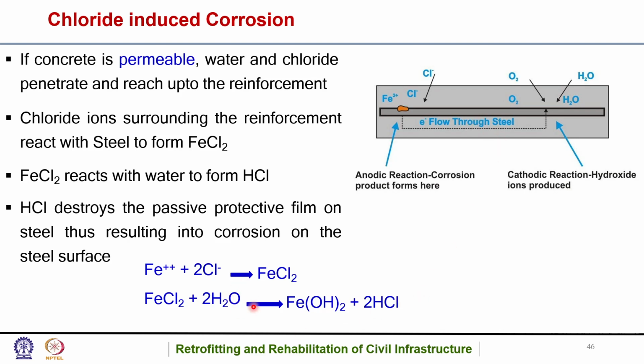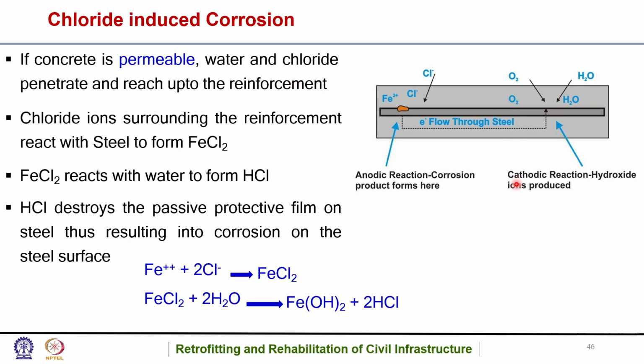Once the chloride ions attack the FeO and form FeCl2, that ultimately forms HCl, so it is a chain reaction. It will go on and on. The initial attack does not need low pH, but after FeCl2 is formed, the hydrochloric acid will easily lower the pH. That is the reason why